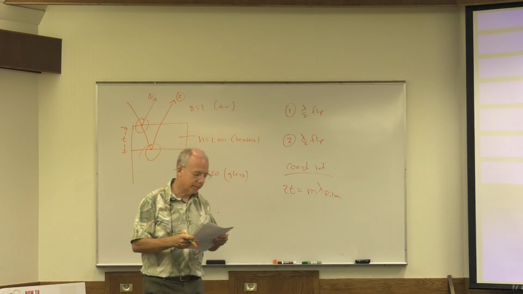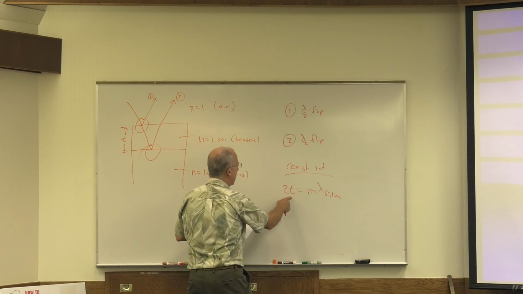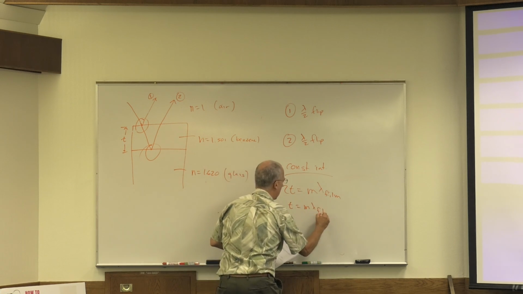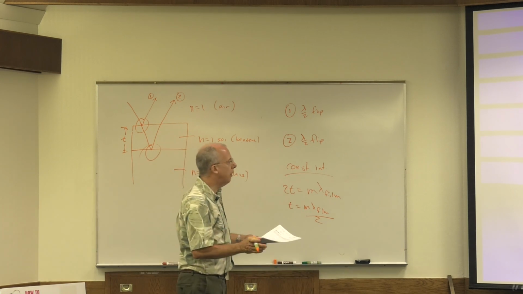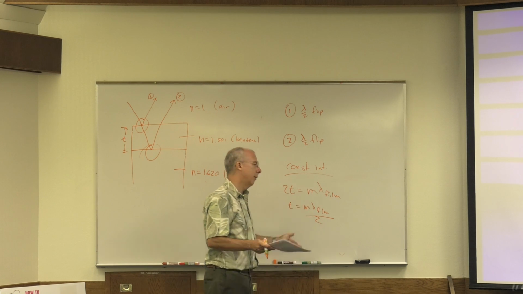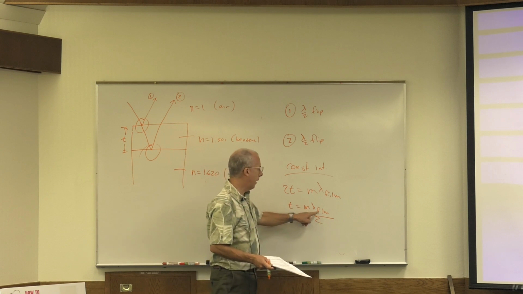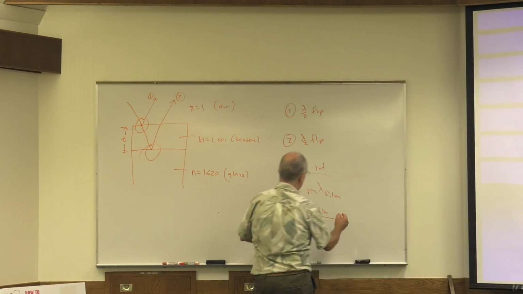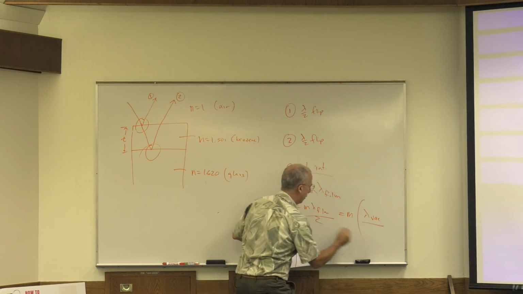So the thickness t is m lambda film over 2. They never give you the wavelength of light in a film; they always give you the wavelength in a vacuum. If they don't say, just assume it's vacuum. So this equals m lambda vacuum over 2